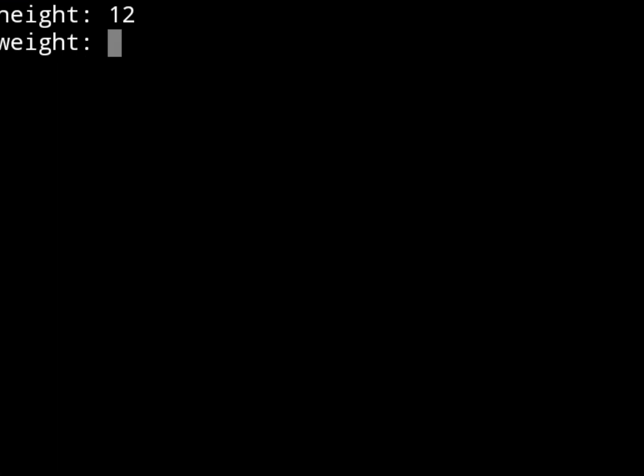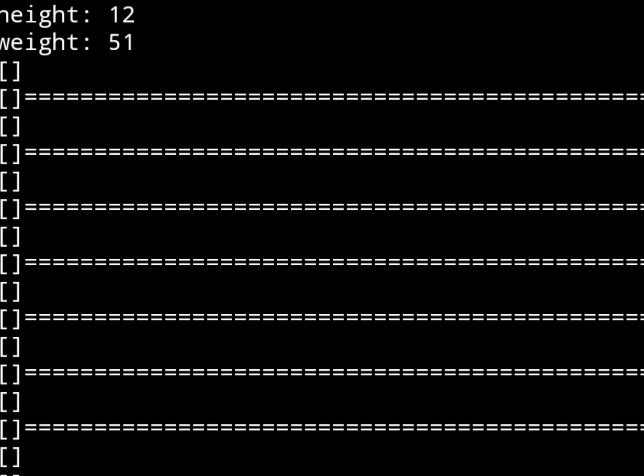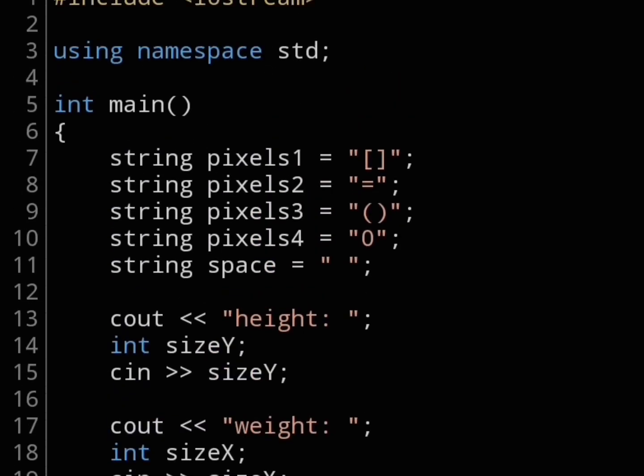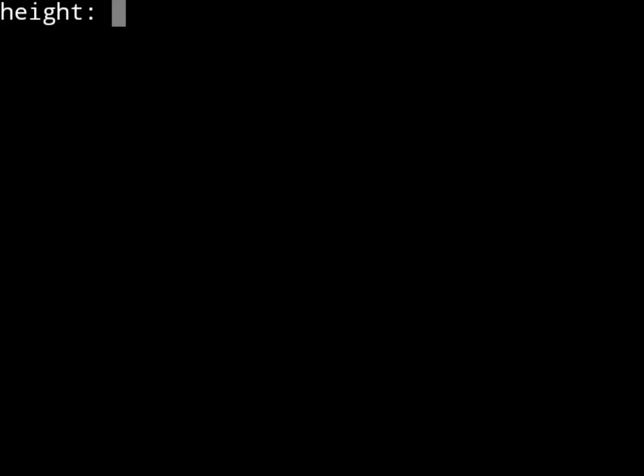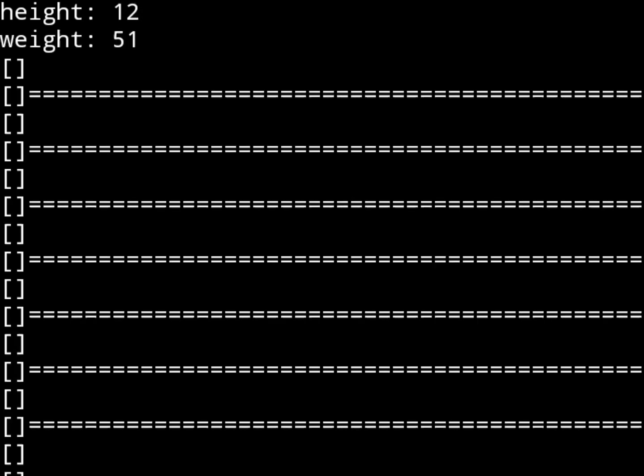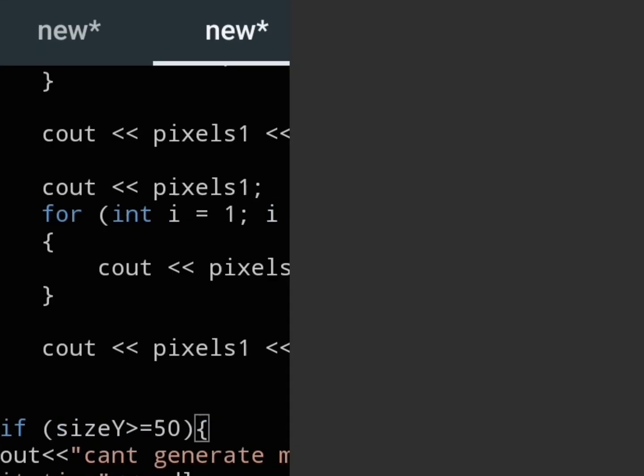13, it's okay. If I try 51, it's okay. Okay, something. Why doesn't 51 work? Why doesn't 51 work? I flipped something again. Height is 12. Why is it not working?